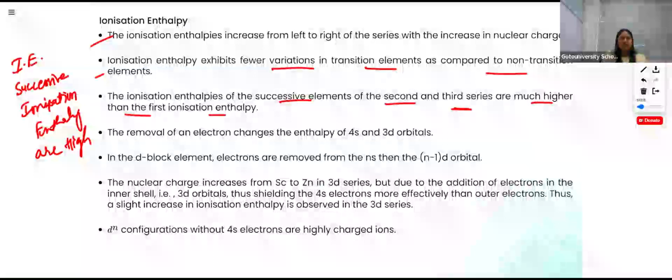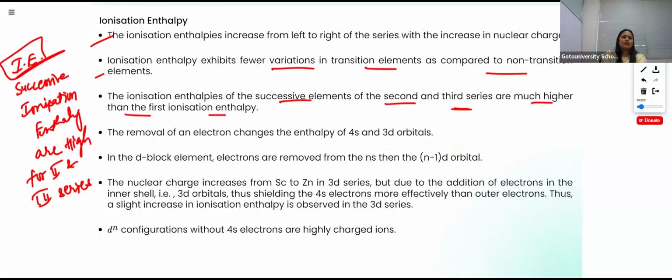They are high for the second and third series. Why is it so? See, ionization enthalpy is what? It is the energy required to remove an electron from its outermost shell. So as we are moving in a series, if we are removing electrons, say from the d6 orbital,